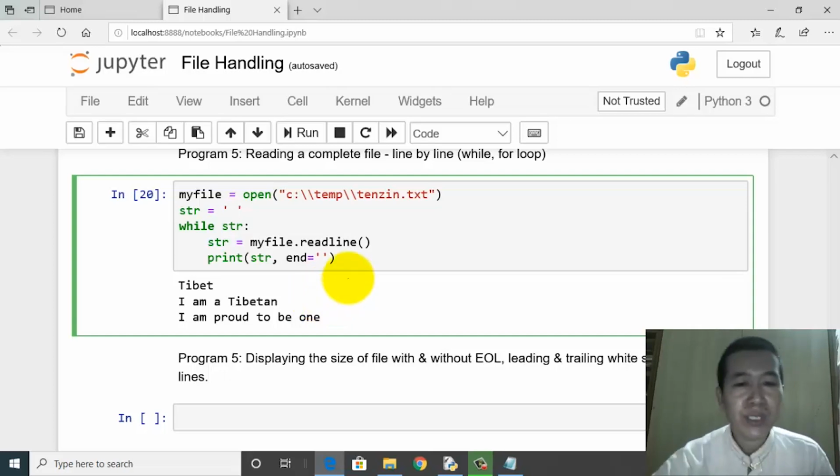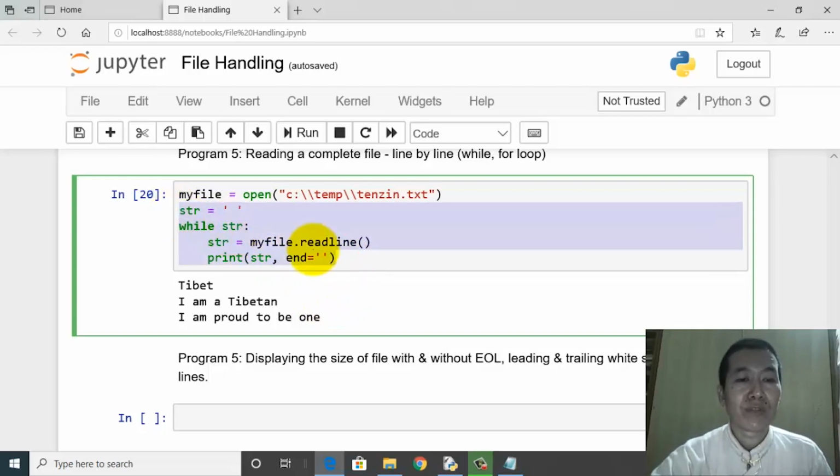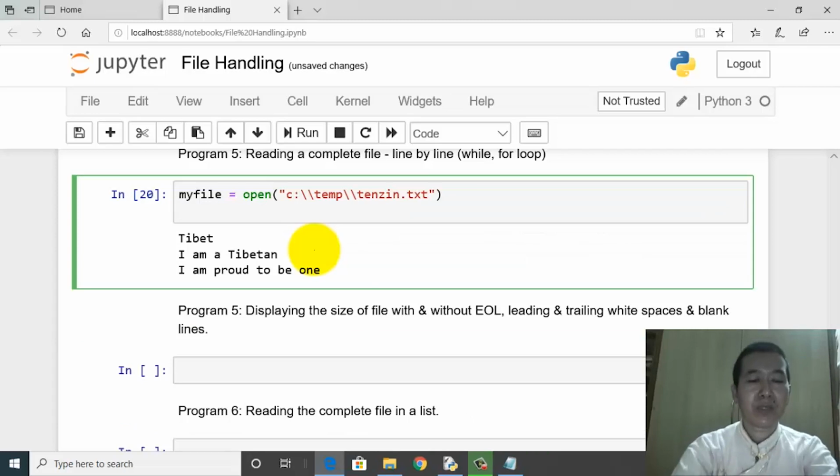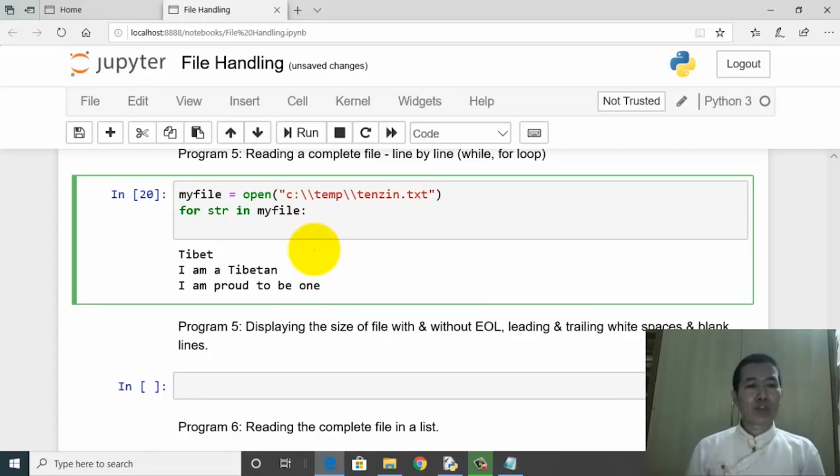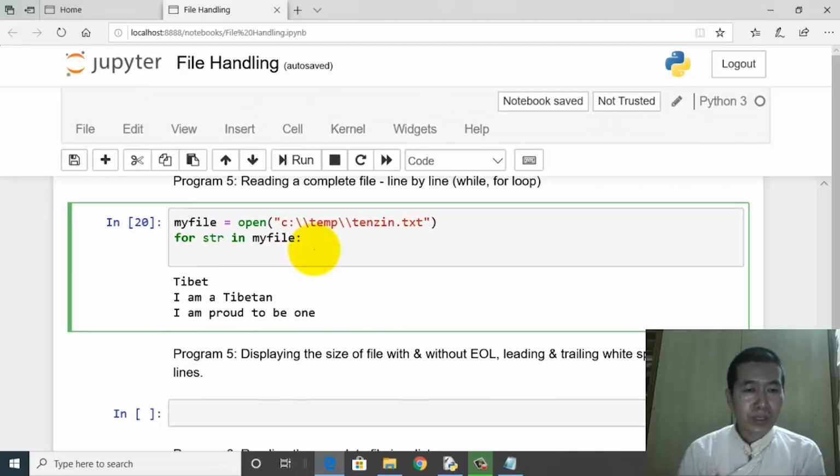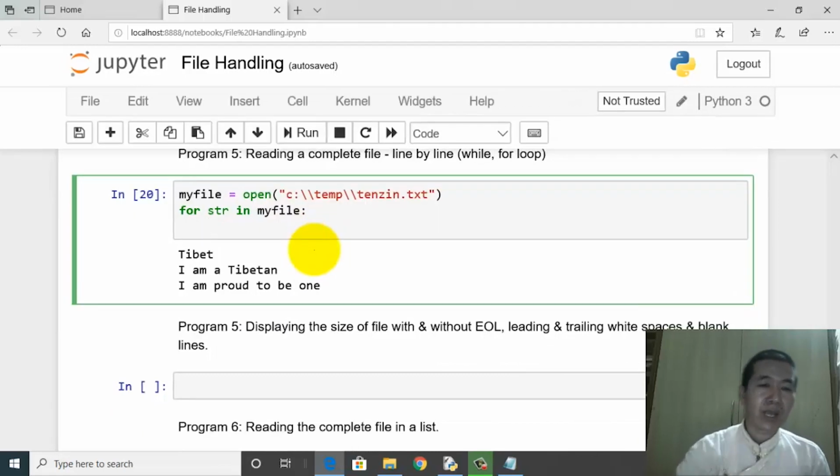So you could do the same thing using for. Okay, so I'll just get rid of this. It's pretty simple. For, let's have a loop variable called str in my file. I'm sure you do remember this particular statement in class 11: the loop variable walks through the characters in the string.